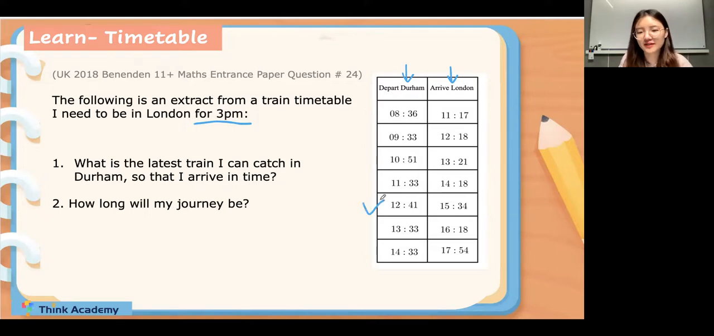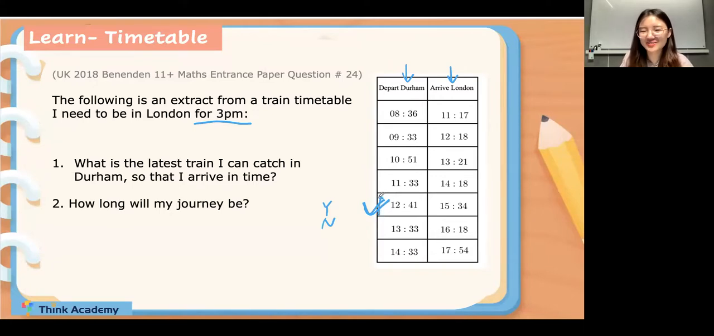Can I choose this train? Y for yes, N for no. Can I choose this train to arrive at London before 3 p.m.? Can I choose this train, everyone? Y for yes, N for no. No, I cannot. Because, okay,